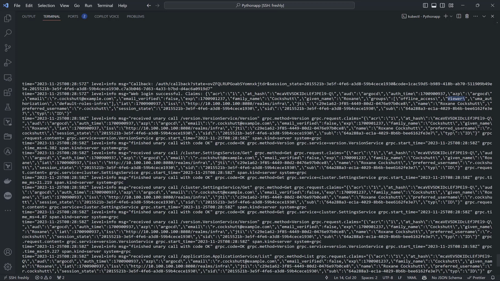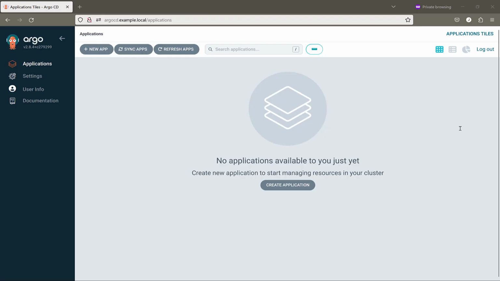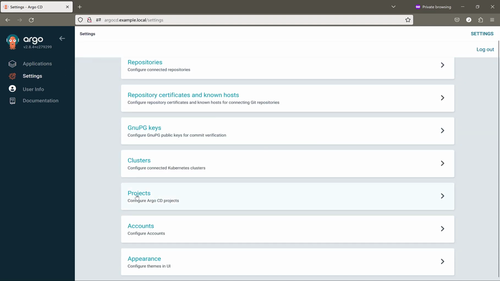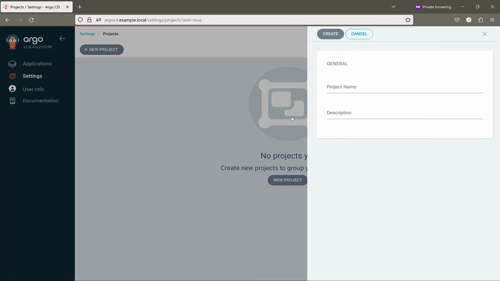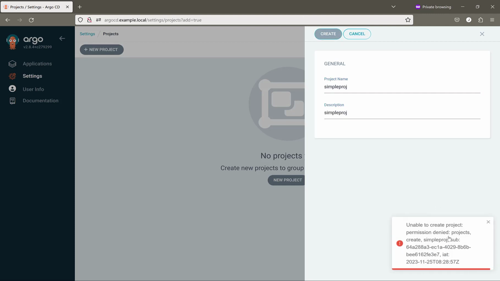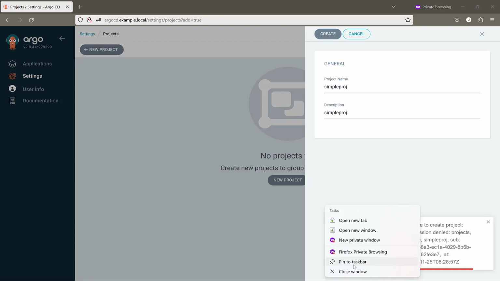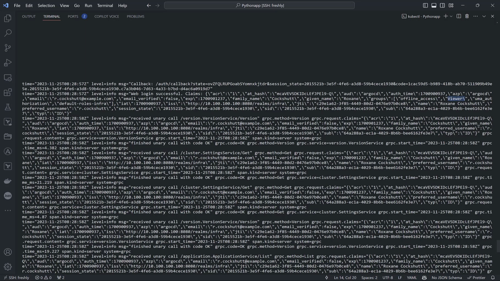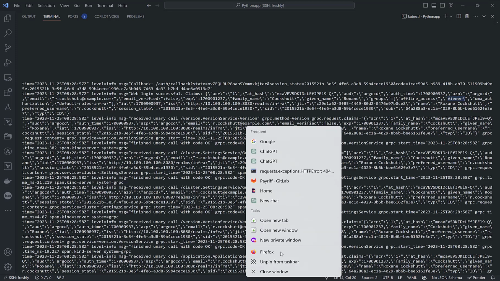It means this is a simple user and doesn't have access to any administrative page. We can check it, of course, in the settings. Try to create a new project. As we see, we don't have access. I will close this page and create a new one because it will remember the session,